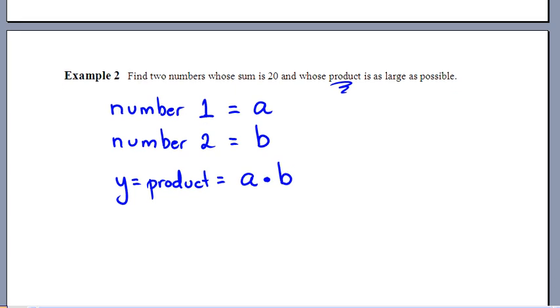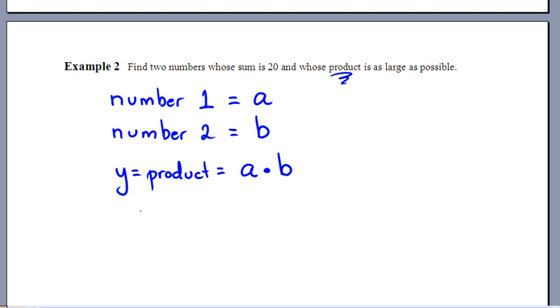And right now my objective, right, they're like, hey, try to make that product as big as you can. So I'm kind of thinking, okay, I have to make this thing as big as I can. And I've got a little bit of choice for these values for A and B. I don't have a lot of choice. It's not like I can make A 7 billion and then B 9 trillion. I can't make them really, really big for both of them because it says they have to add up